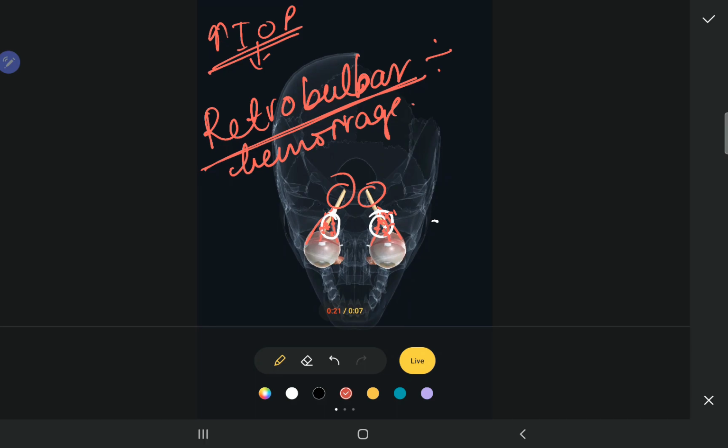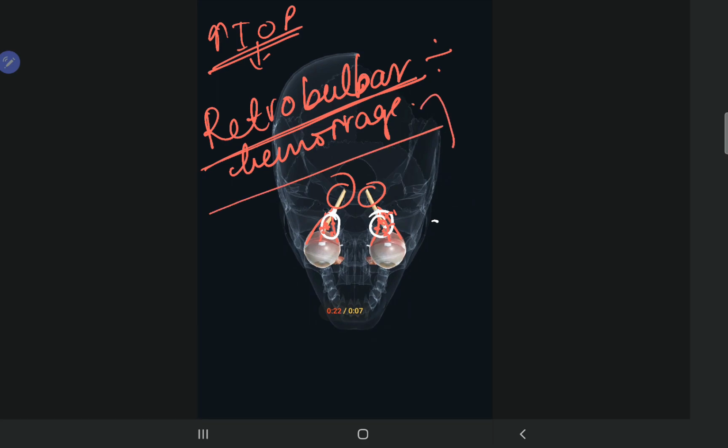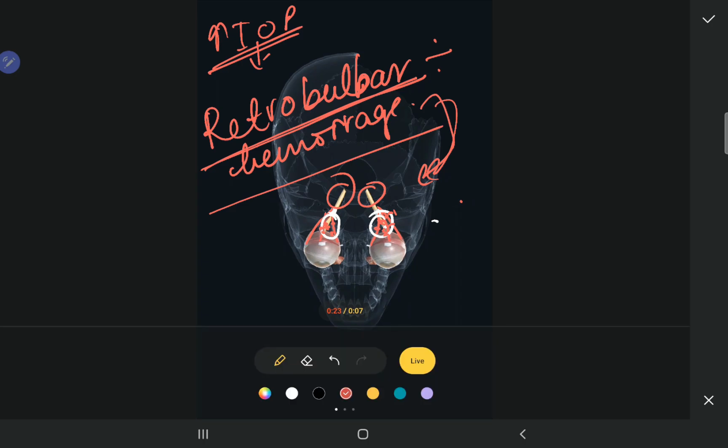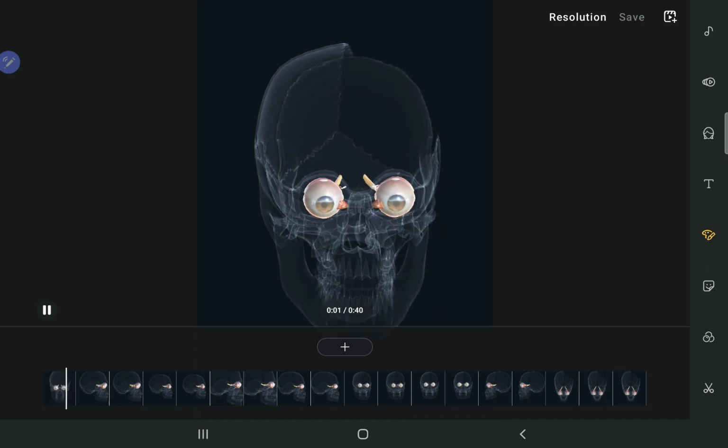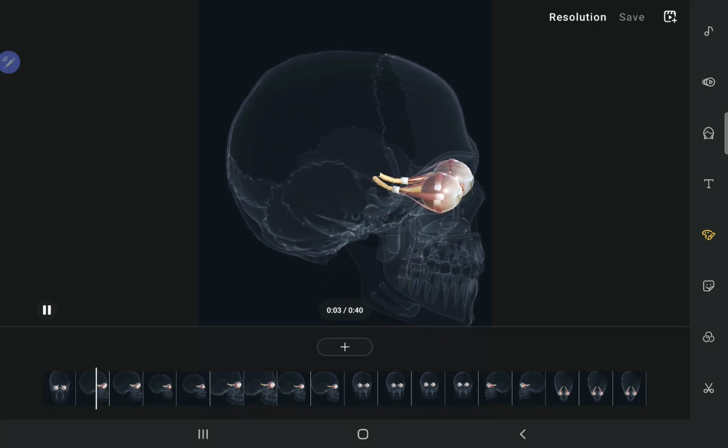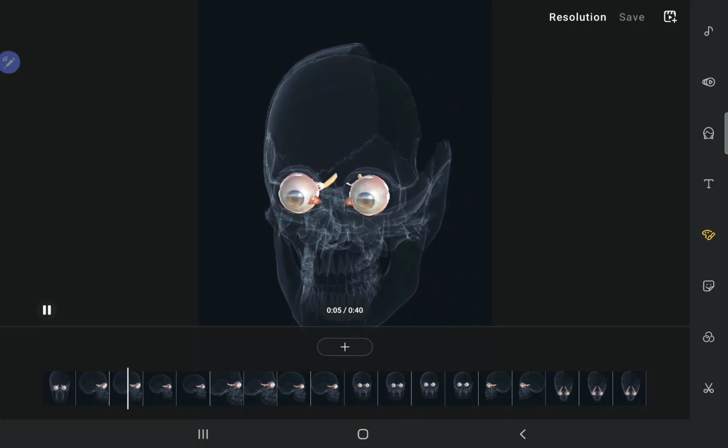And bleeding in the retrobulbar space because of injury to the infraorbital arteries due to the fracture, there is something known as the retrobulbar hemorrhage, meaning bleeding. So bleeding behind the eyes is what we call the retrobulbar hemorrhage. This is a life-threatening situation because it increases the intraocular pressure, and because of this pressure the patient can undergo optic nerve damage or compression of the optic nerve. So it should be treated as soon as possible.